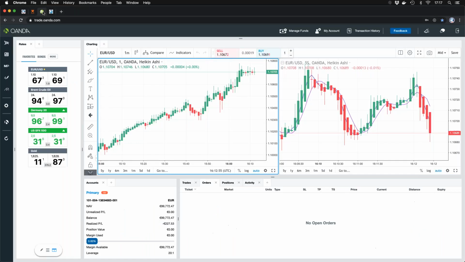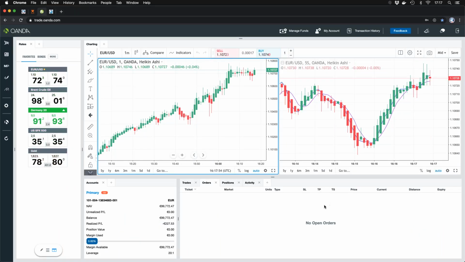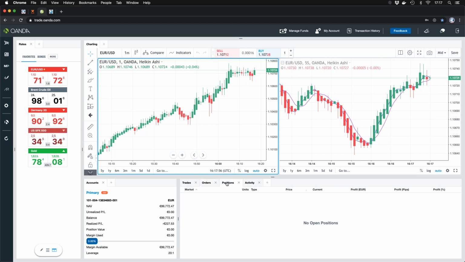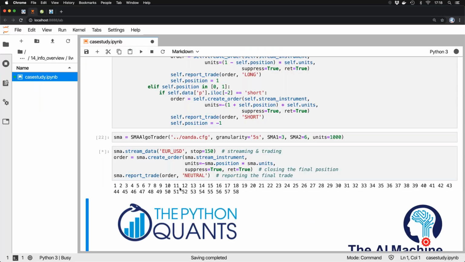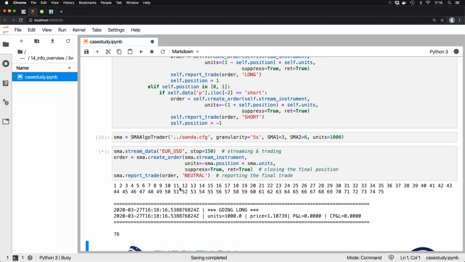And here in my overview, there is no open order, there's no position, no trade. You see, this is all empty. And once we have enough data collected, which means roughly 5 seconds times 6 bars, 30 seconds plus a bit, when it has enough information, it will get started.